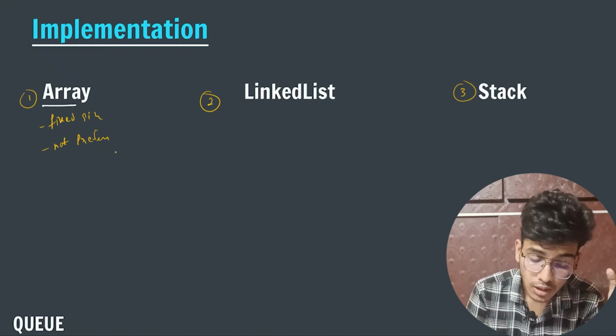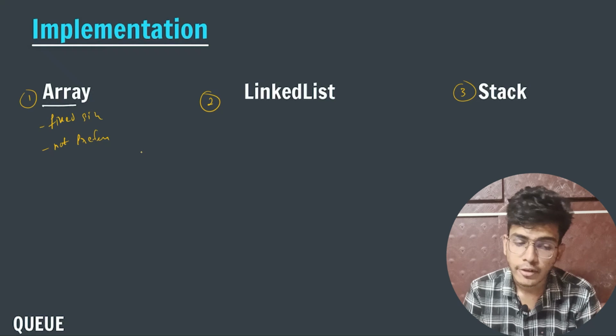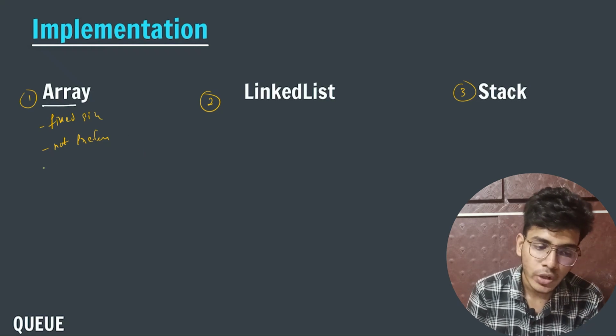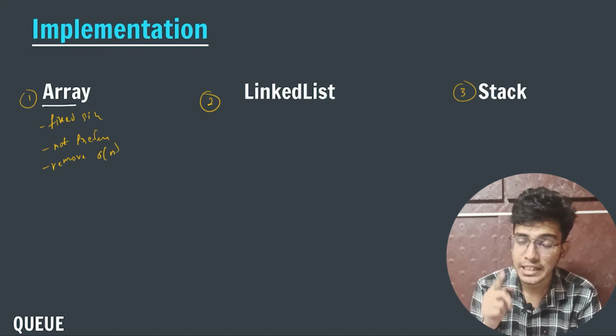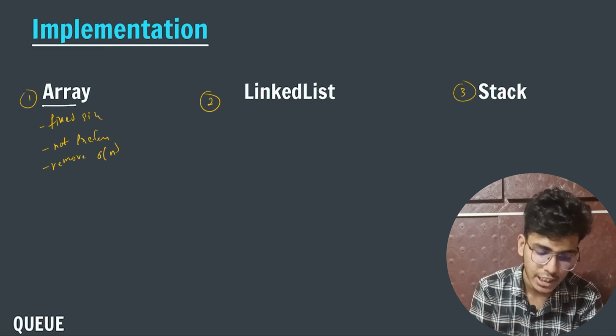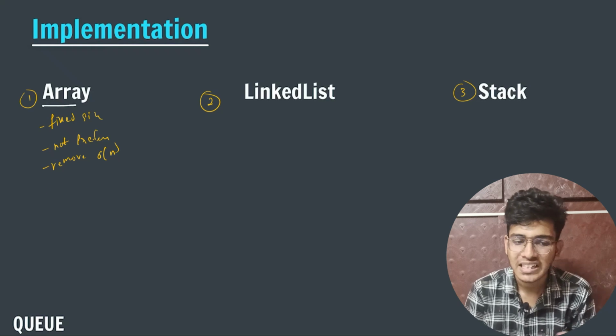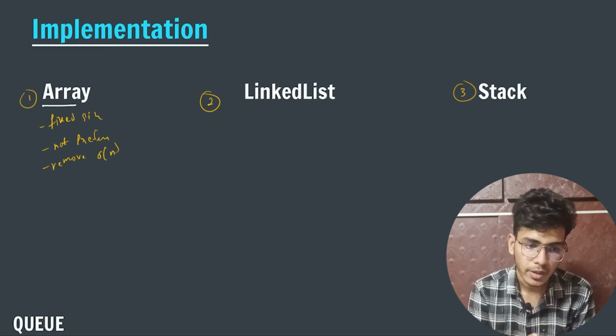After that, one more drawback if we want to implement a queue using arrays is that removing will take big O of n time. You have to remember this, that if you are implementing a queue, then removing a particular element will take big O of n time. We will see how it will take big O of n, but yeah, this is not a particularly preferred way to implement a